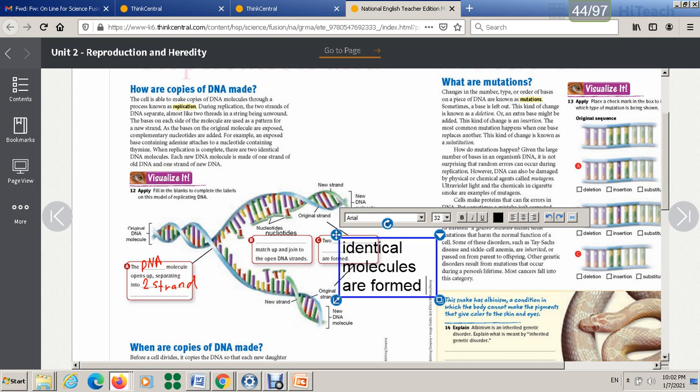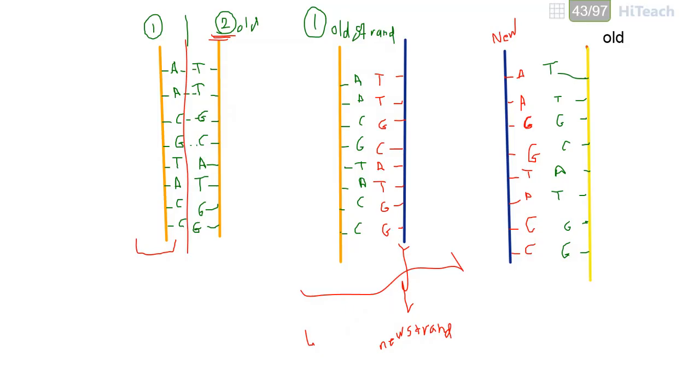When replication is complete, there are 2 identical DNA molecules. Each new DNA molecule is made of 1 strand of old DNA and 1 new strand. If you remember, let's go back to this one. This one here is new, and this one is old. Okay,